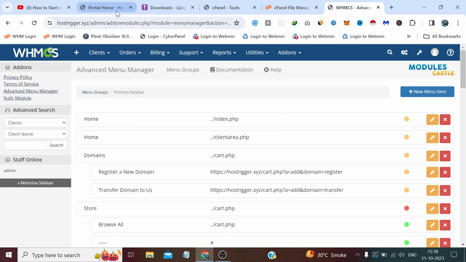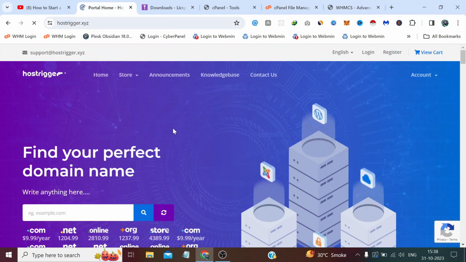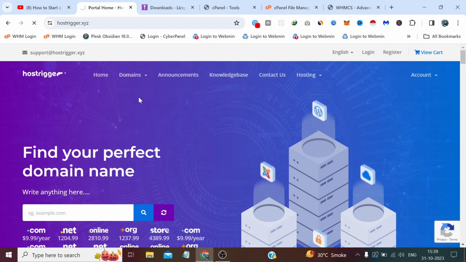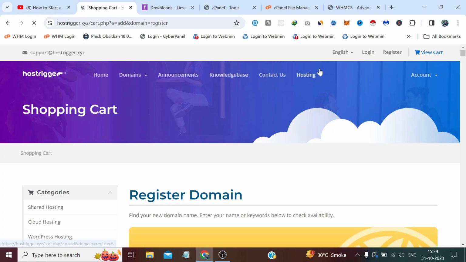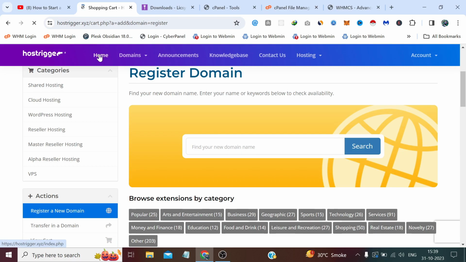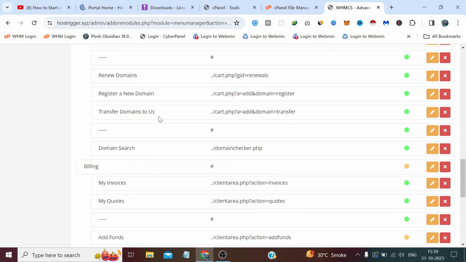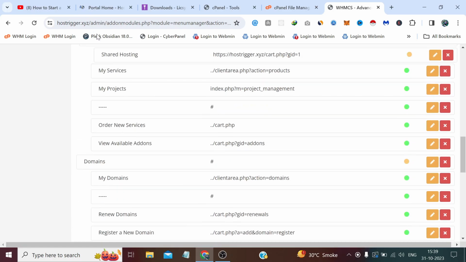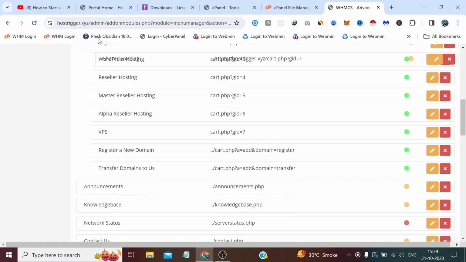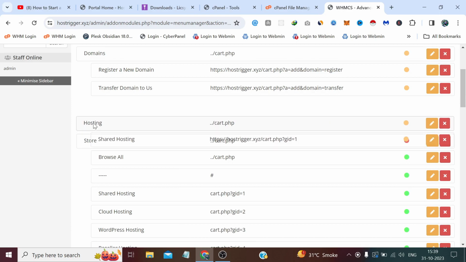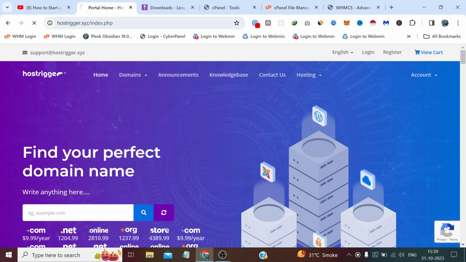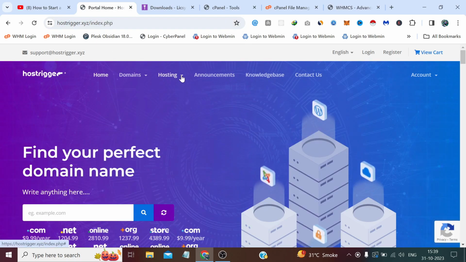Now let me show you by refreshing it. If we refresh, you can see here's the domain. Register a new domain. If we click here, we can register a new domain, and hosting is at last, which means we have not dragged it. So let me drag it first next to the domains. And if we refresh, it's next to the domain, which is hosting, and if we click shared hosting,